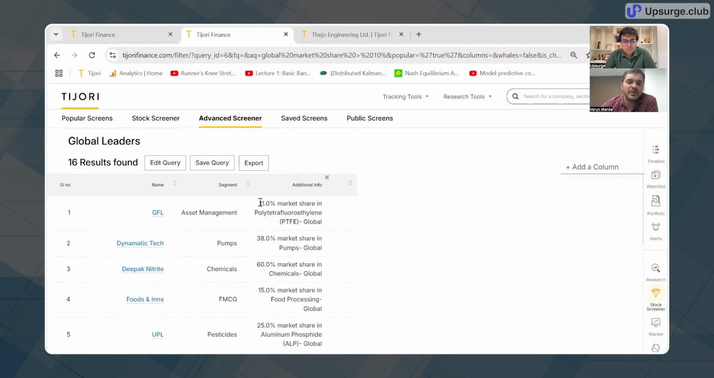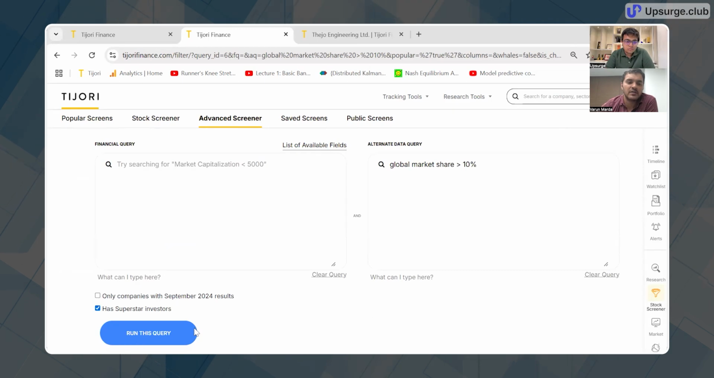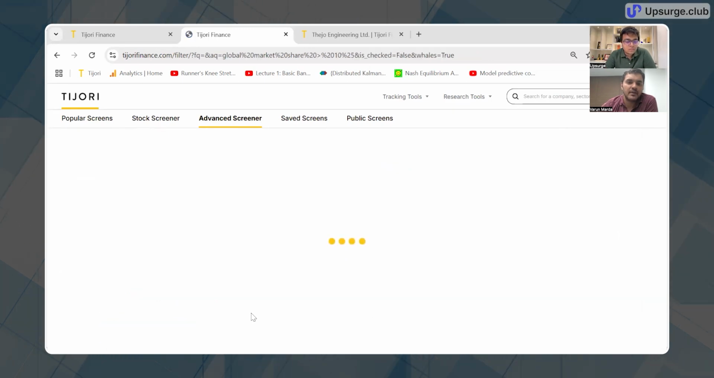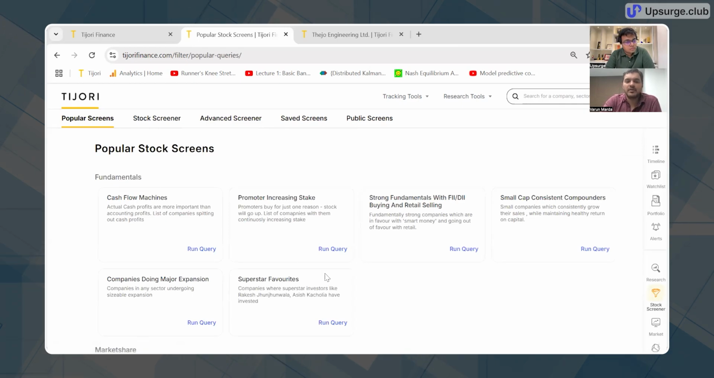So this information is very hard to actually get. And then again, you can boil this down also and run this. And then you're down to just 2 companies. Makes sense. So what I recommend for this screening is, first people run some popular screens to get a hang of things,